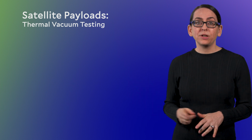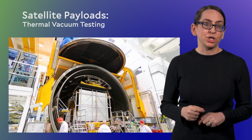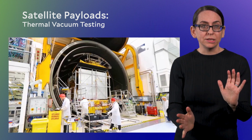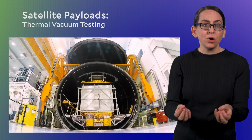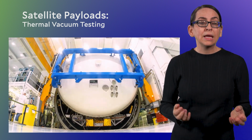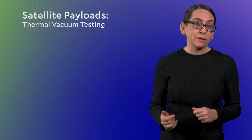So this is a video of a NASA telescope being placed into a massive thermal vacuum chamber. The satellite is put in the chamber, the door is sealed, and then the atmosphere is slowly pumped out of the chamber, often over the course of a week or more. Inside of the chamber, there will be an energy source to mimic the radiation coming from the sun to test how well the satellite performs at different temperatures. Sometimes satellites don't pass these tests, and when this happens, a component is redesigned or rebuilt and the test is